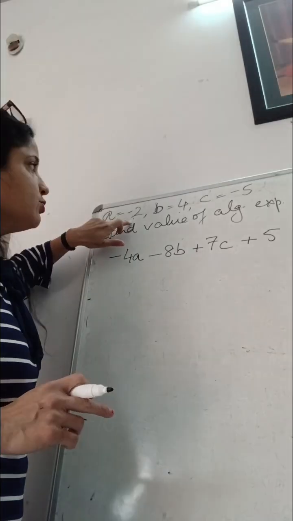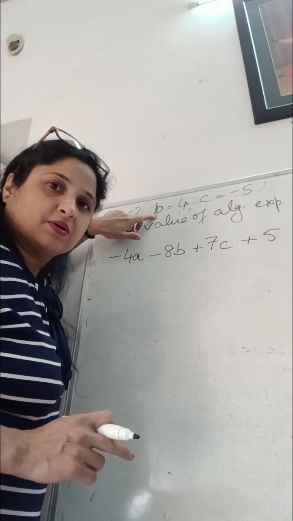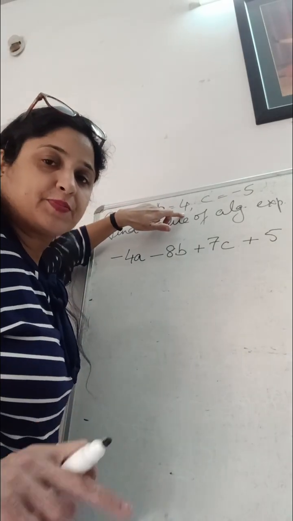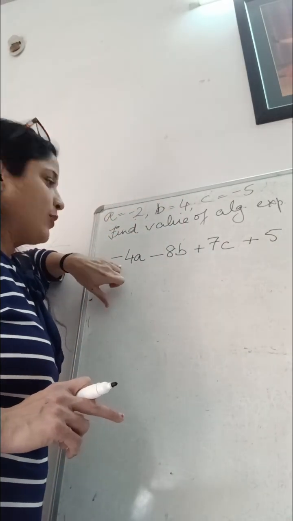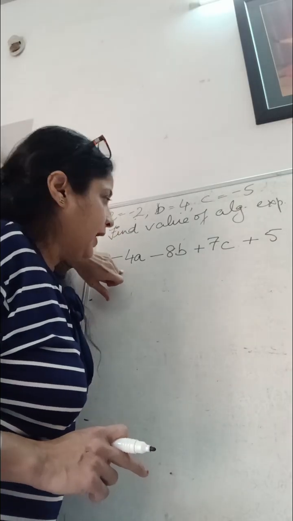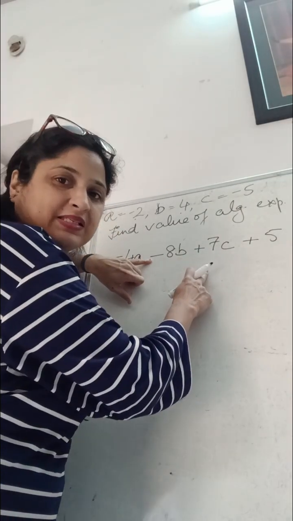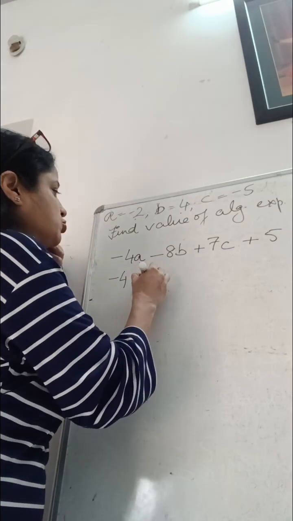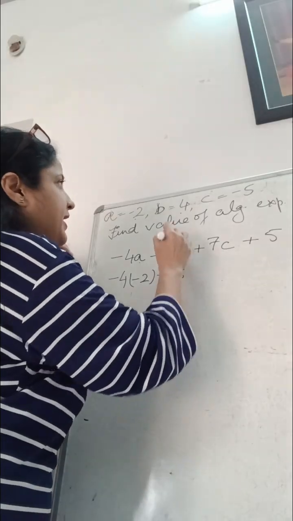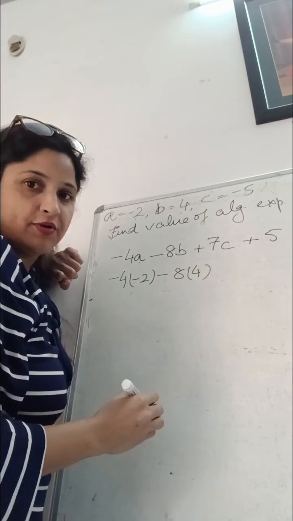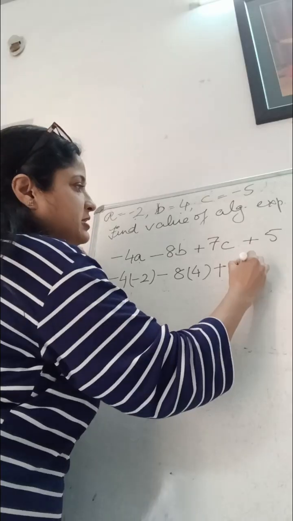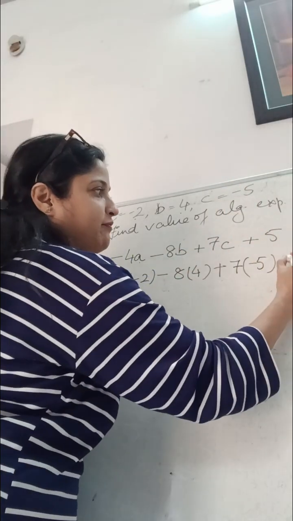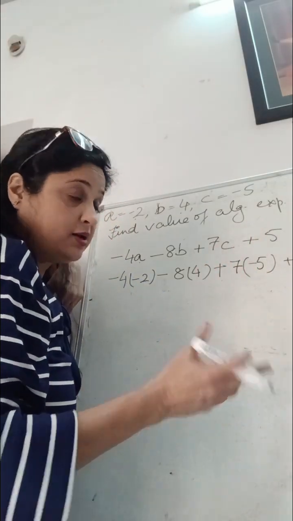A का value -2, b value is given is 4, c value given is -5. So my question says -4a minus 8b plus 7c plus 5. So -4, a का वैल्यू -2, minus 8b, b का वैल्यू कितना है? 4, और प्लस 7c, 7 के साथ c कितना है? -5, c का वैल्यू, एंड देन 5 इज अ कांस्टेंट, इट इज नॉट अ वेरिएबल, सो वो एज इट इज